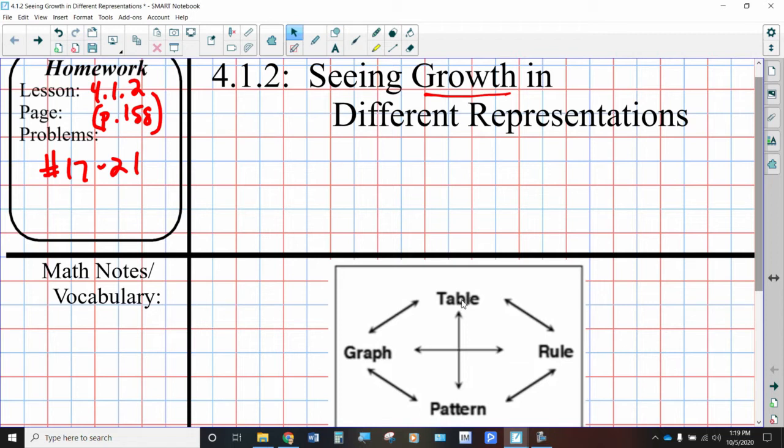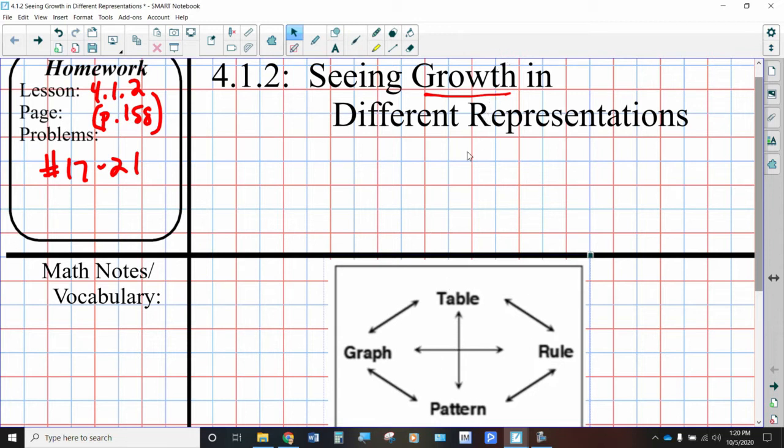What are you looking for in the table to see the growth rate? What are you looking for in the patterns to see the growth rate? Where in the rule do you see the growth rate, and how do you see it showing up on a graph? We're not going to get to all of these today, but we will be building on this concept of